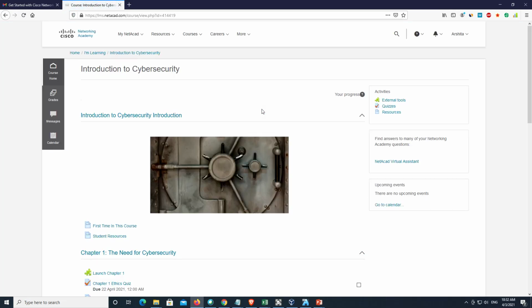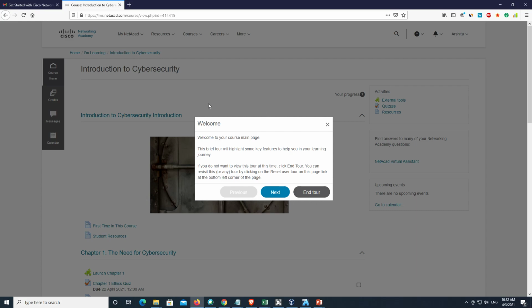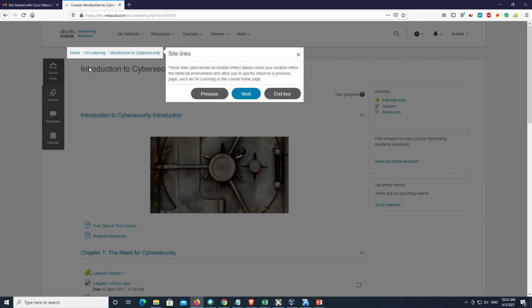This is the home page of your course. Here you will get a welcome message which will guide you on how to use this interface. For example, this brief tour will highlight some key features to help you in your learning journey. You can read it and click on next. It tells you these are the site links.